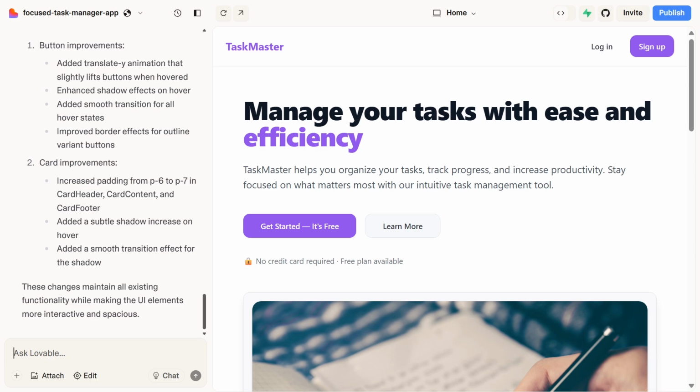prompts. And that's it. Upgrading your Lovable UI using prompt iteration is all about feeding in simple, clear instructions and